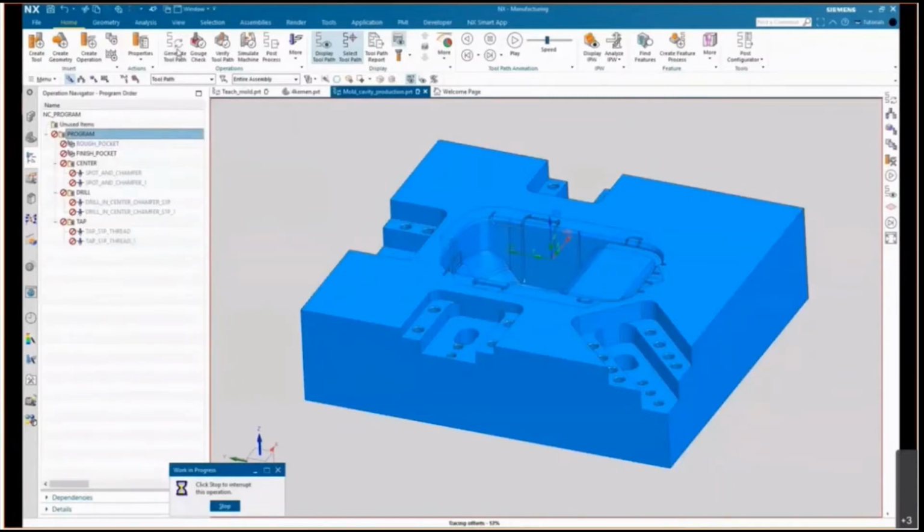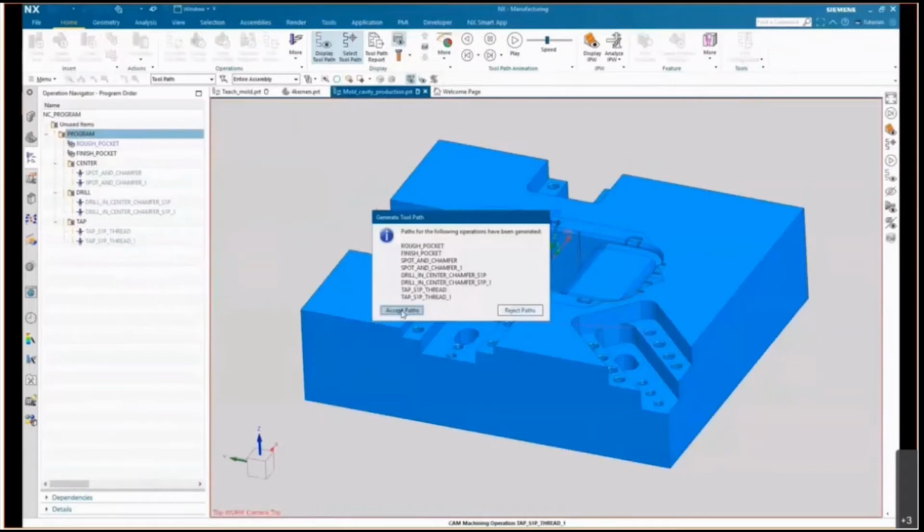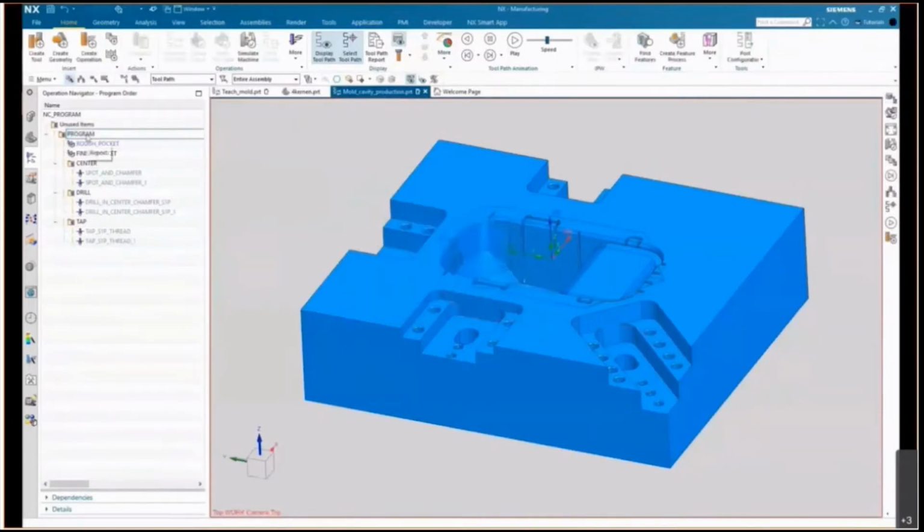And from now on, all slider pockets I'm going to create in future for any of the molds with the same geometry will be recognized. So roughing is done, finishing is done, and the spot drill of the M5, spot drill M6, drilling for M5, M6, and tapping for M5 and 6. And that's it, basically. That's all there is. So over to you, Joe. Thanks for the time you invest in this. And Joe is going to show you a bit more on the automation, including PMI. So thanks.